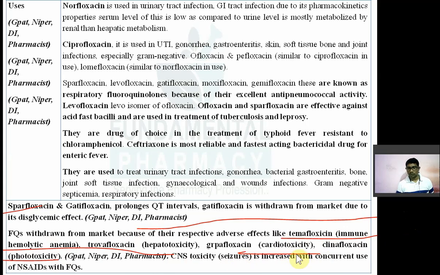So serious toxicity, they are nothing but the seizure. Seizures are increased with concurrent use of NSAIDs and fluoroquinolones. Non-steroidal analgesic antibiotics अगर फ्लोरोक्विनोन के साथ यूज करते हो तो समटाइम्स सीएनएस टॉक्सिसिटी में भी इंक्रीज